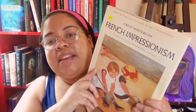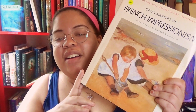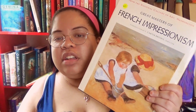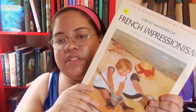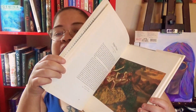I have Great Masters of French Impressionism, and I'm sure I didn't say that quite right, but this is a book, a collection of French artists, and specifically artists who use the Impressionism style, and it has a collection of their works, some explanations, you know, some breakdowns, and talks about the different artists, the time frame, different techniques, etc. And I just really like this book because, one,